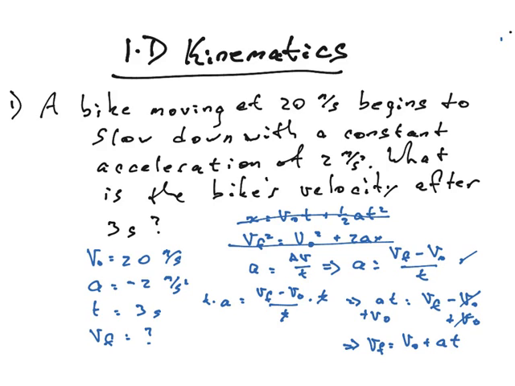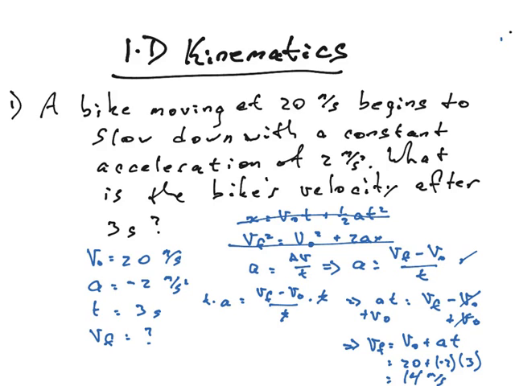And now I have my equation. Now I can stick my numbers in. VF equals V naught, which is 20, plus A, -2, times T, which is 3. And what do I get? 20 plus, let's see, -2 times 3 is -6, so 20 minus 6 is 14